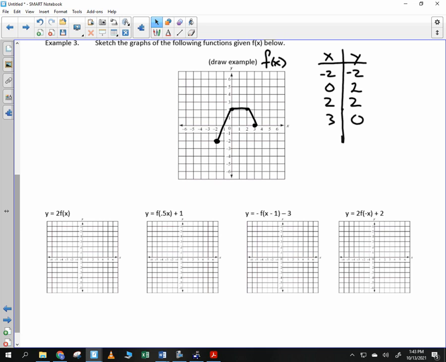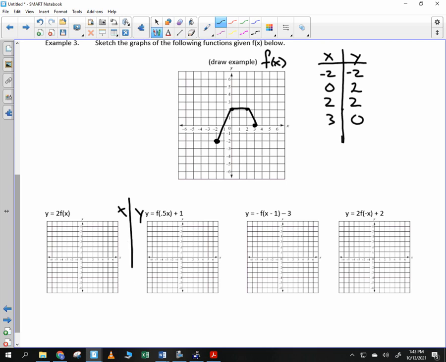So we're going to make it really easy. Are you ready? Look at our first example. This is f of x here. We're going to produce 2 times f of x. Is the 2 on the outside or inside? So is that going to impact it here vertically? So impact it vertically, is that going to change the x values or the y values? The y values. So what we're going to do is we're going to produce a new set of coordinates,